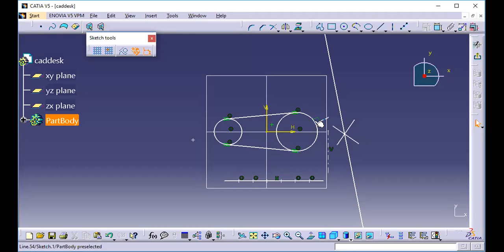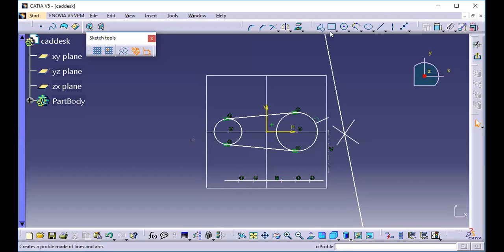Otherwise in Sketcher it is not needed. And if you want to pan it, just press the middle button and move the mouse. It will allow you to move the path. And these are all your